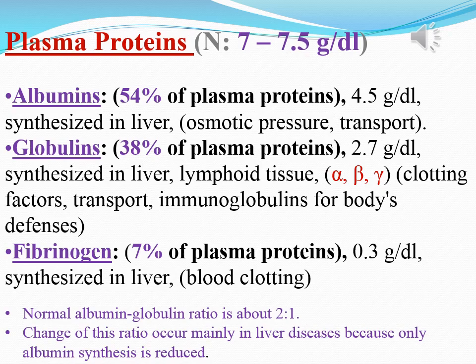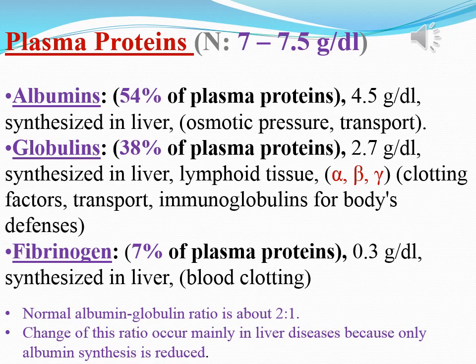Second type, globulins, formed about 38% of plasma protein with about 2.7 gram deciliter, synthesized also in the liver and also in the lymphoid tissue, with many types, alpha and beta and gamma globulin. Alpha, beta, gamma globulin help in clotting factors, transport, immunoglobulins for body defenses. راح ناخذ مستقبلا كلام عن الالفا عن الجلوبولين وعن دورها بالimmunoglobulin which is part of the immunity system in the